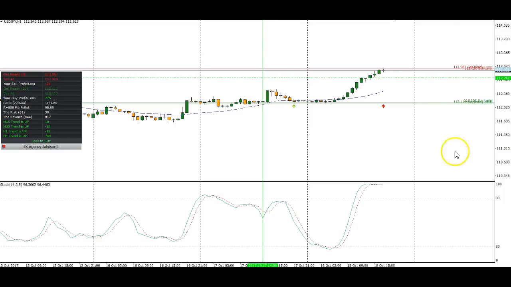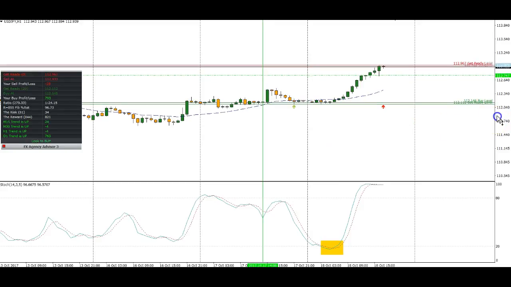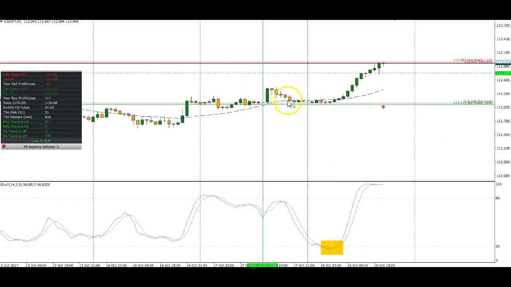So USD yen, I'm looking at this pair, and notice that we had a buy signal down at a support level. So I'm looking for three things. That's one thing I look for, a buy signal on the advisory. The second thing I'm looking for is stochastics being overbought and oversold. So it's oversold during a consolidation period, which is good, which means this market had rallied and it came back down to a support level, so we're still in an uptrend on USD yen, and stochastics is oversold, so that would mean that most likely this is going to rally, and it did,